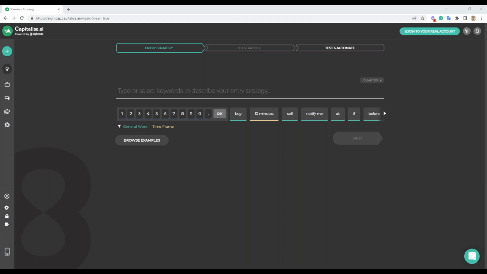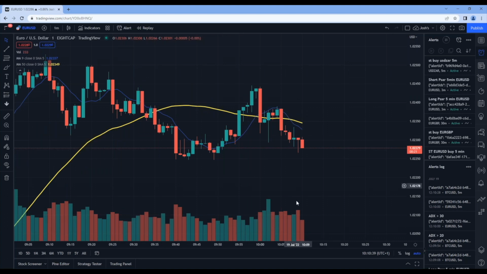And what I actually want to do is I want these strategies to start executing on my Eightcap account. So I'm not going to put much thought into it. What I'm going to do is just pull up TradingView here. Just so you know, you can automate your trading on Capitalise through TradingView. And if you want to know more about this, we've done a webinar on it, but feel free to check out our YouTube channel and our support center or our learning center that we had gone through initially. You're going to find a lot of stuff.